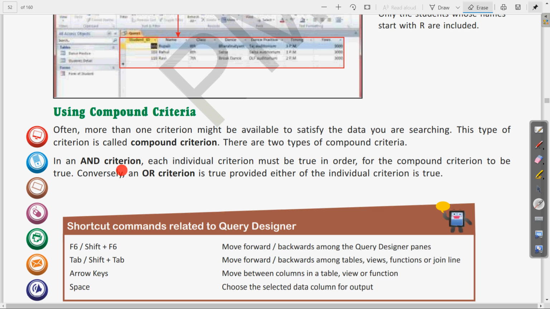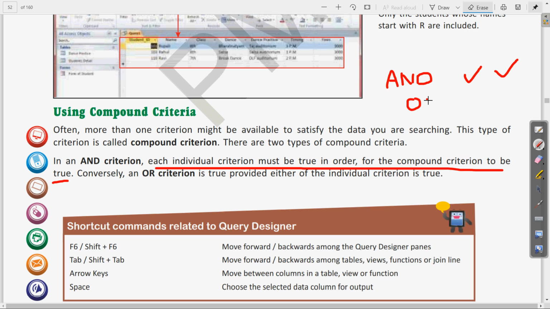So in And criteria, each individual criteria must be true for the compound criteria to be true. Clear? So there are two. If you are using And, it means that if you are using two criteria, both should be correct. And if you are using Or, if at least one is correct, the criteria will function according to that.